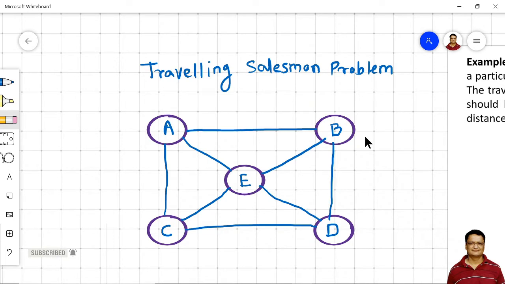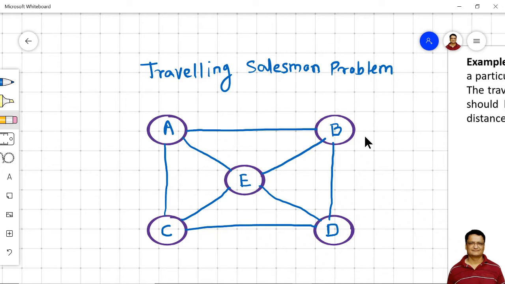At the end of this video, you should be able to solve the traveling salesman problem with the help of Hungarian method as an assignment problem. Traveling salesman problem is a famous problem in the field of operation research. In this kind of problem, a traveling salesman wishes to visit various cities and come back to the original city, but the condition is that he should travel in such a way that the total distance